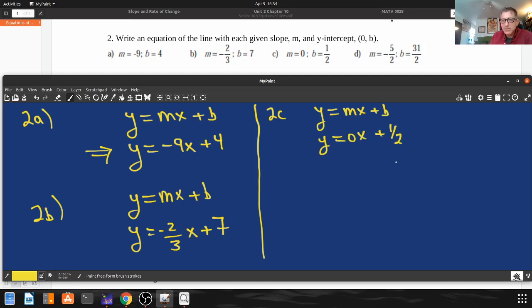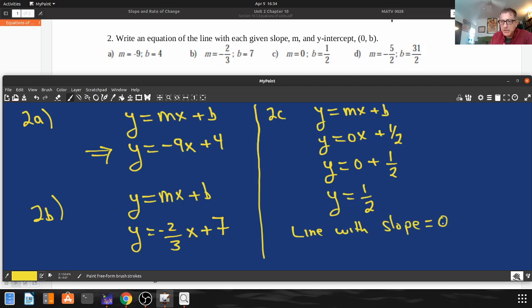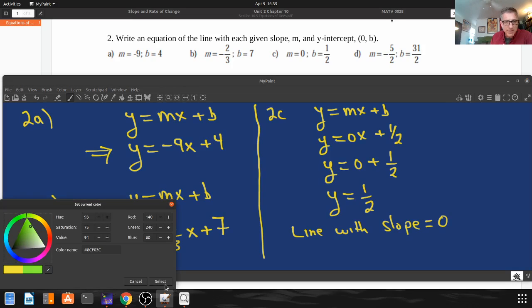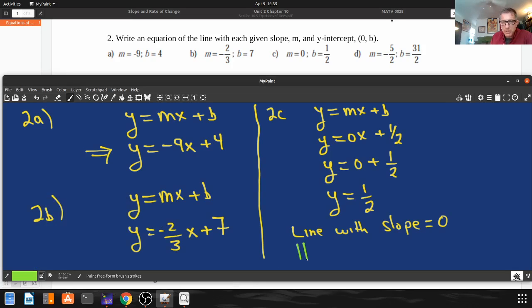So this one needs a little bit of simplification. 0 times x is 0, so that gives us y is equal to 0 plus 1/2, or y is equal to 1/2. So this is a line with slope equal to 0. And I hope you all remembered from last time that